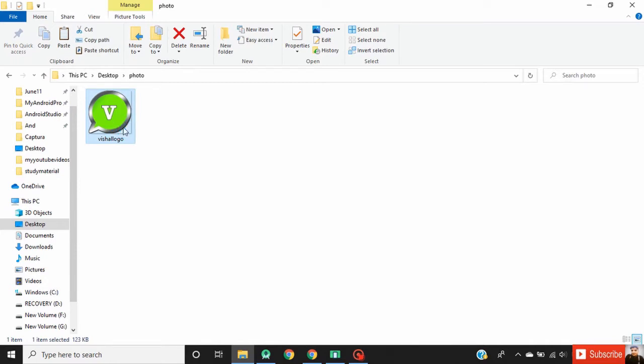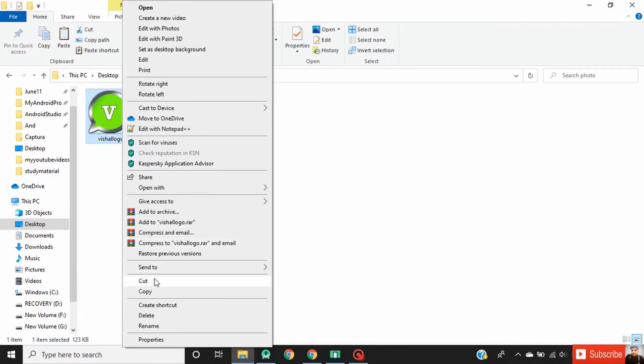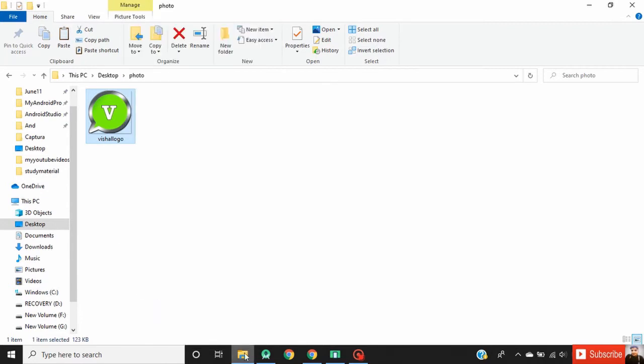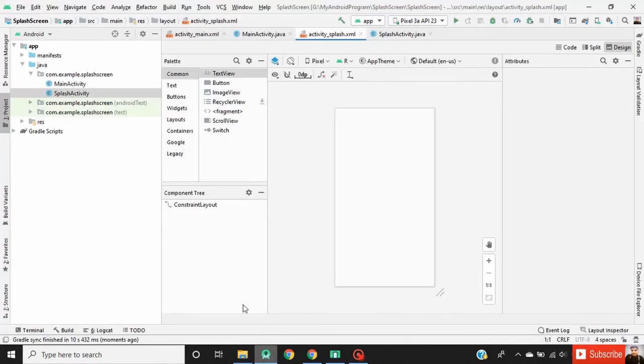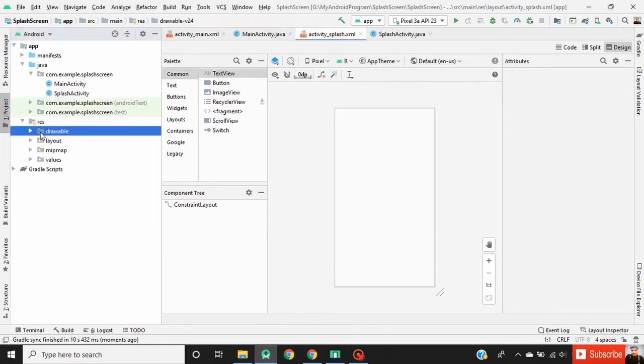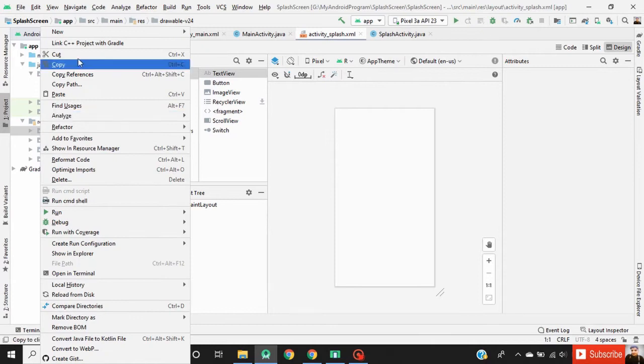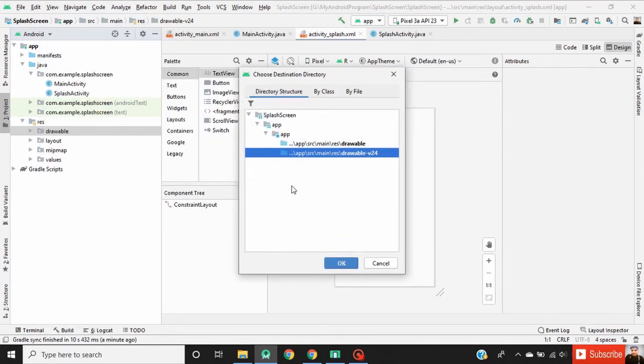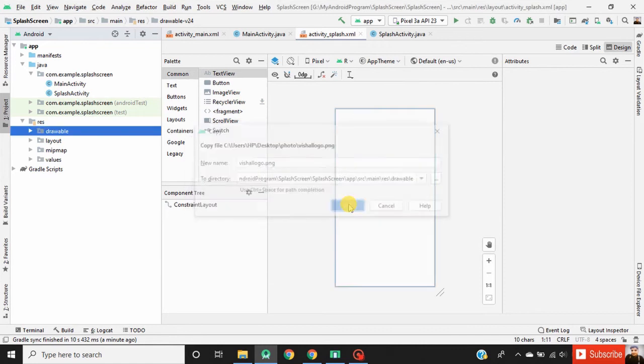So copy this logo image and go to Android Studio. Click on res, right click on drawable and paste. Select resource drawable, then click OK and then OK.